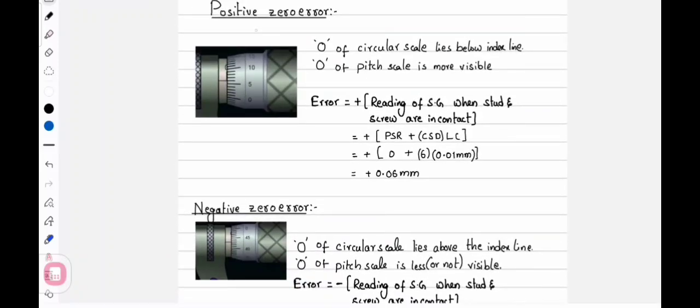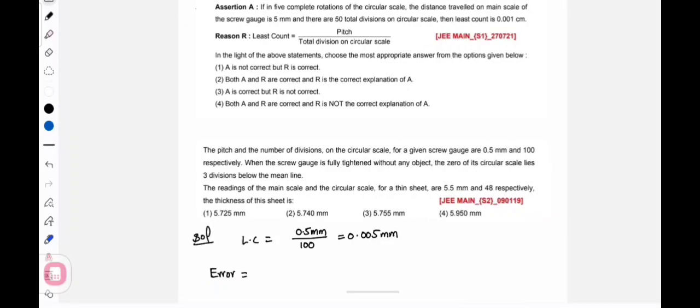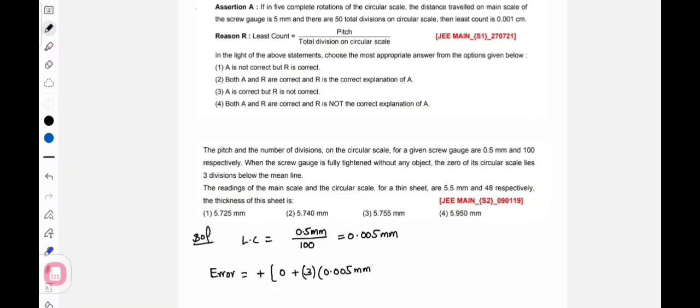Then it is a positive zero error. How many divisions? 3 divisions they mentioned. So positive error. There is no pitch scale reading, circular scale divisions 3 and the least count 0.005 mm, so I'm getting the error as plus